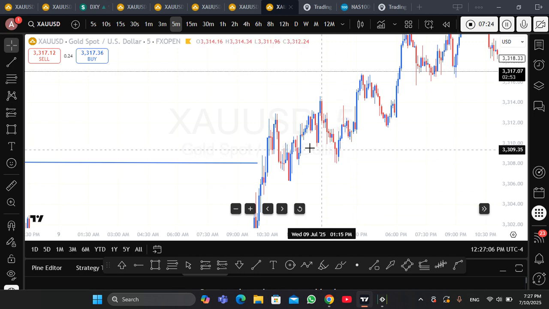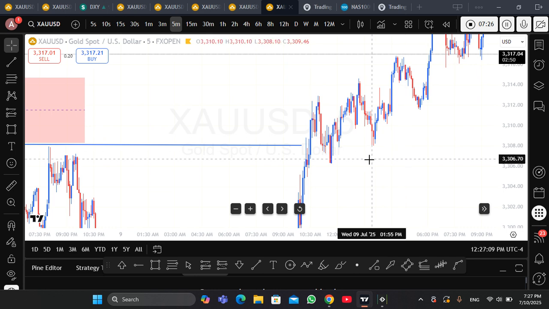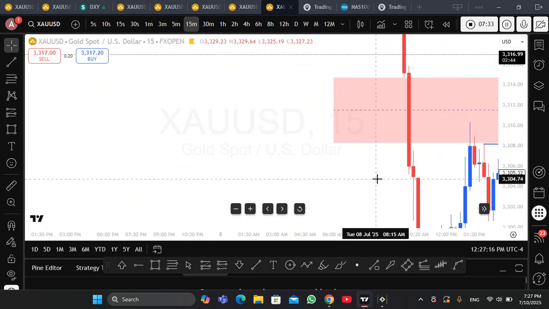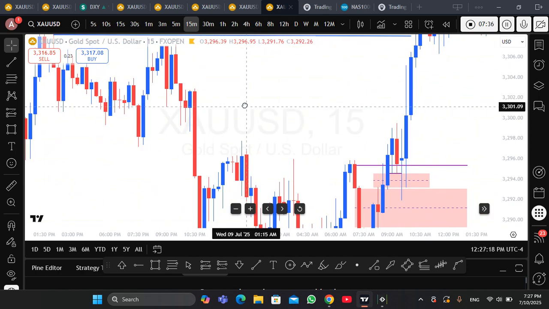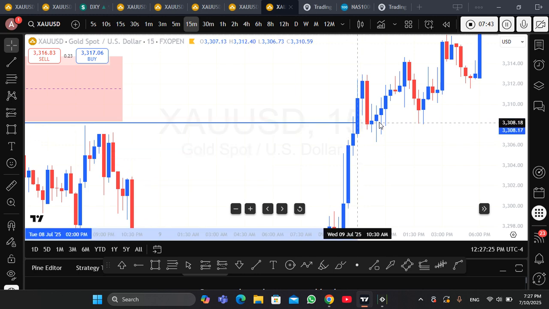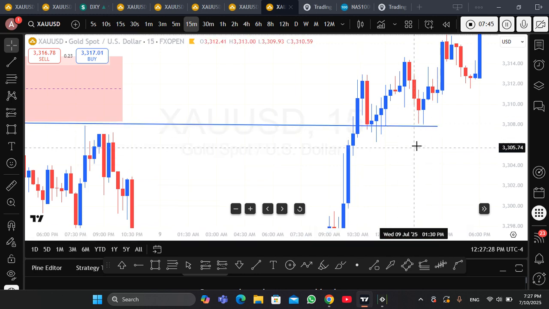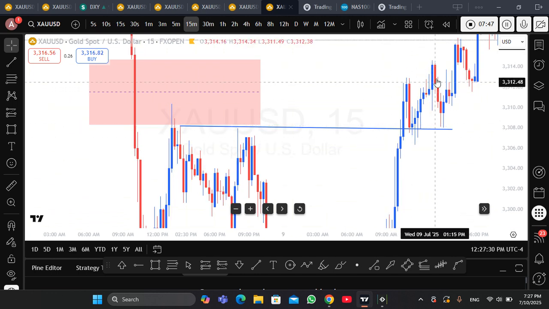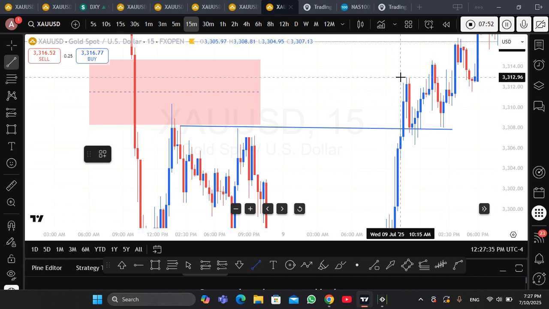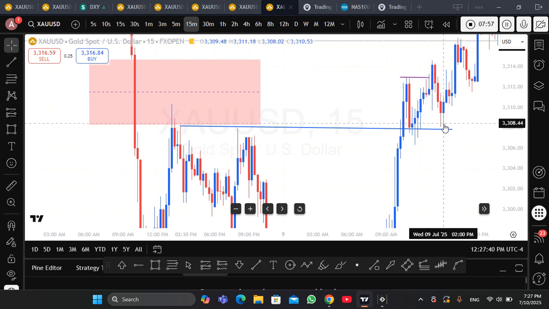In this area, if you can see, the market moved upward and then returned to retest this area, making a rejection from this fair value gap and also this support, and moving upward and making a change in the state of delivery, or a market structure shift also. This is a market structure shift. Then the price returned to this area.